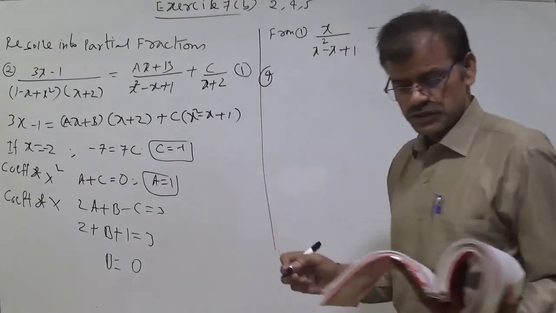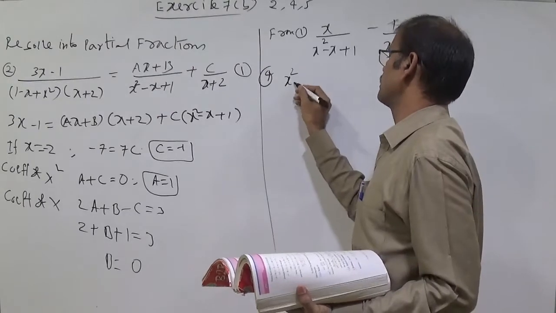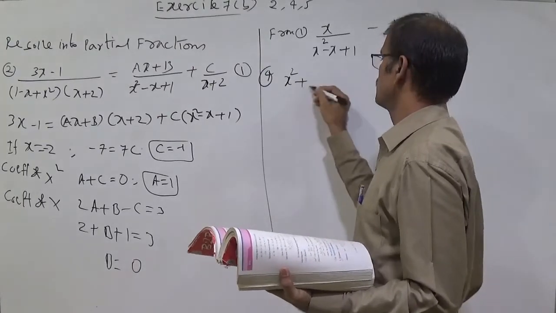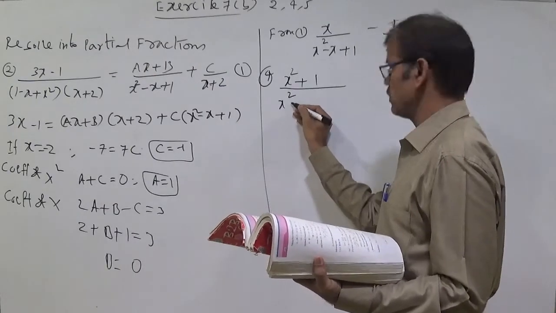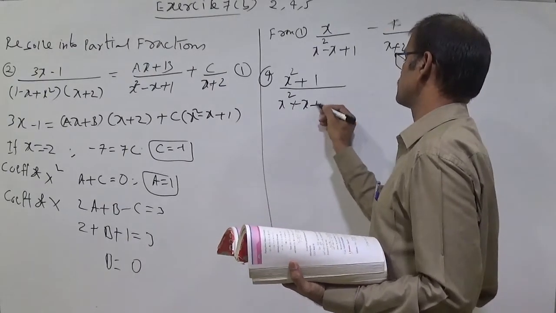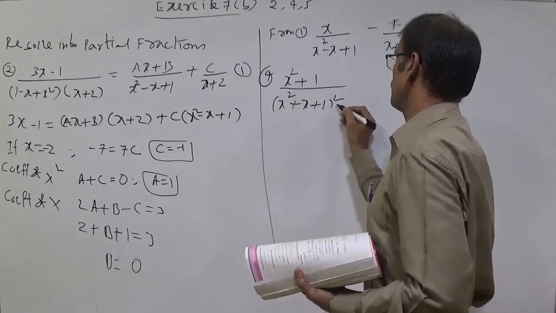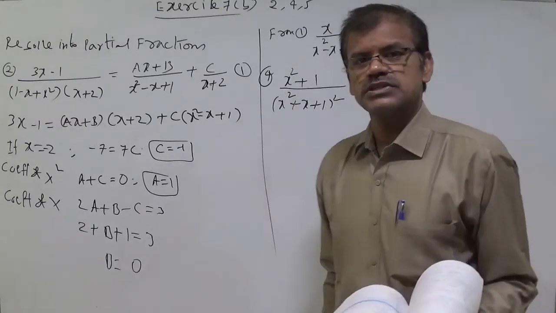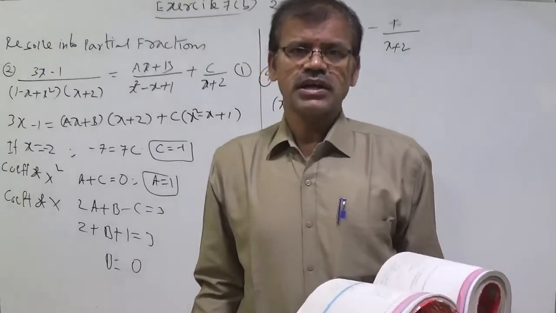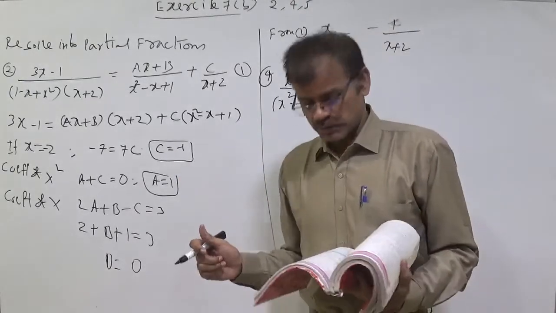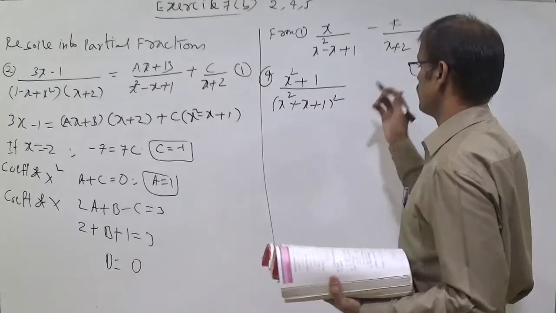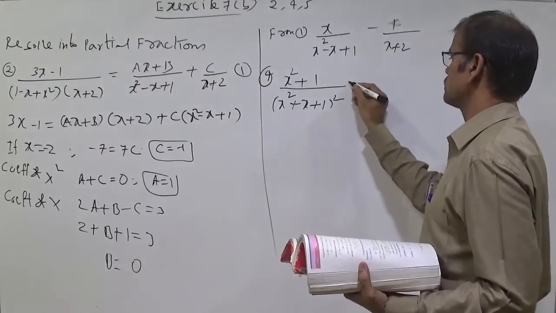Next, let us discuss the fourth question. The fourth question is somewhat easy, and this is in MSET also. X square minus 1 by x square plus x plus 1 whole square. After completion of this sum, I will tell a shortcut. In the integration chapter, this is a very useful sum, in objective and IP also, x square plus 1 by x square plus x plus 1 whole square.